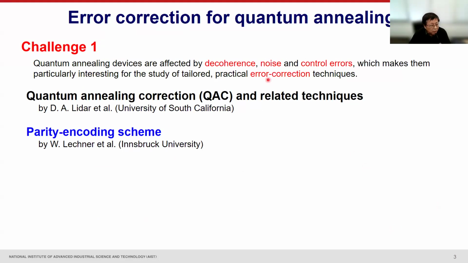Let me explain error correction for realizing near-term quantum annealing as the first technique. The challenge is that quantum annealing devices are affected by decoherence, noise, and control errors, which makes them particularly interesting for study of tailored practical error correction techniques. Two scenarios are reported to achieve this. The first is quantum annealing correction and related techniques. The other is a parity encoding scheme,